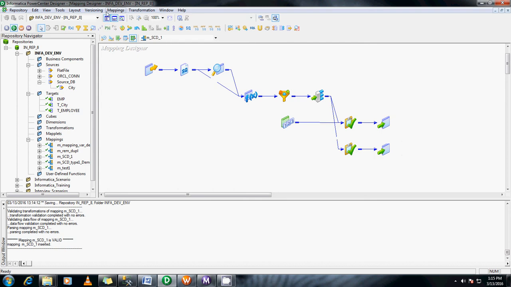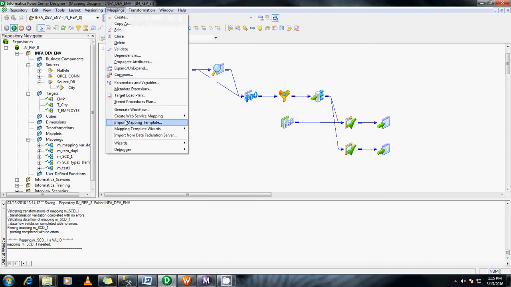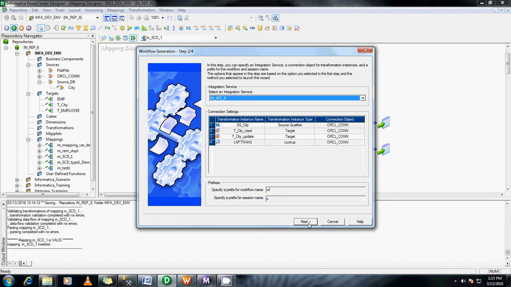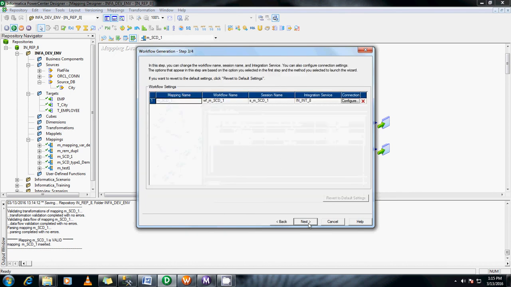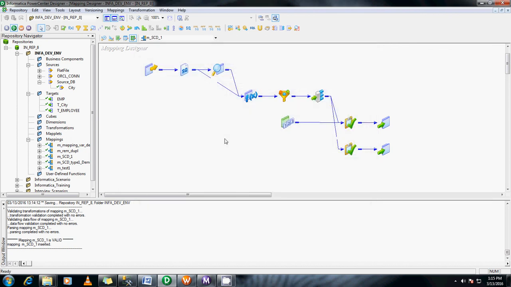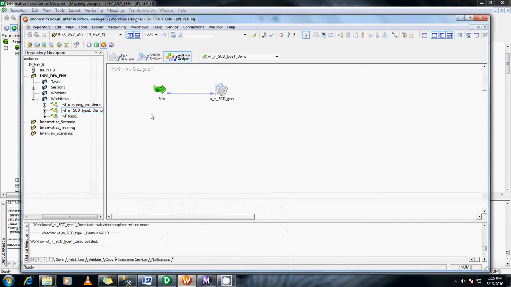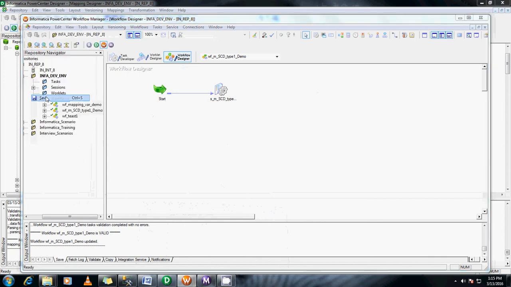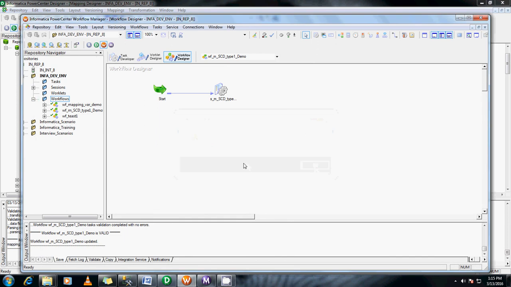Okay, let me create a workflow for this. SAD1, this is the workflow name. Next, finish it. Okay, go to the workflow and refresh. I think this is not refreshed.